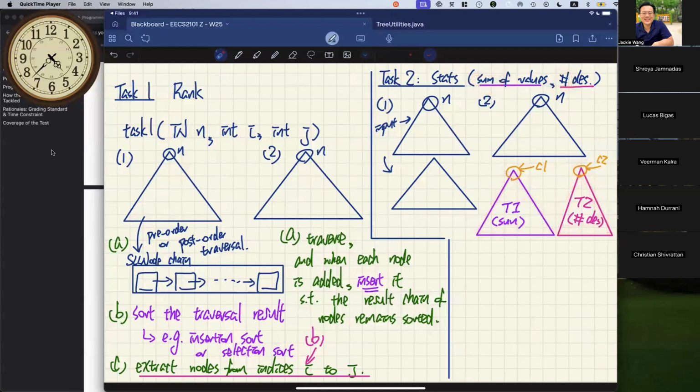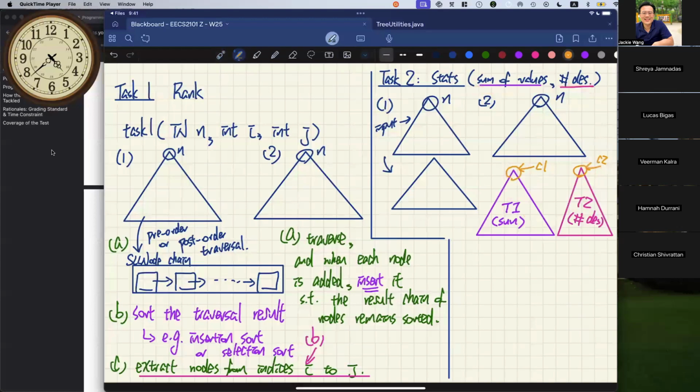But if you really try to traverse at the same time, which you can see in the solution code, for example, let's say I look at the root over here. I can simply concatenate the sum and also the number of descendants from these two nodes and make the string on the fly. And then when I go to, for example, the first child over here and the first child over here, I know that these two nodes must have the corresponding information for the sum and also the number of descendants, and so on. Right? So since I can make the assumption that these two trees are structurally identical, in that way I can just traverse them concurrently.